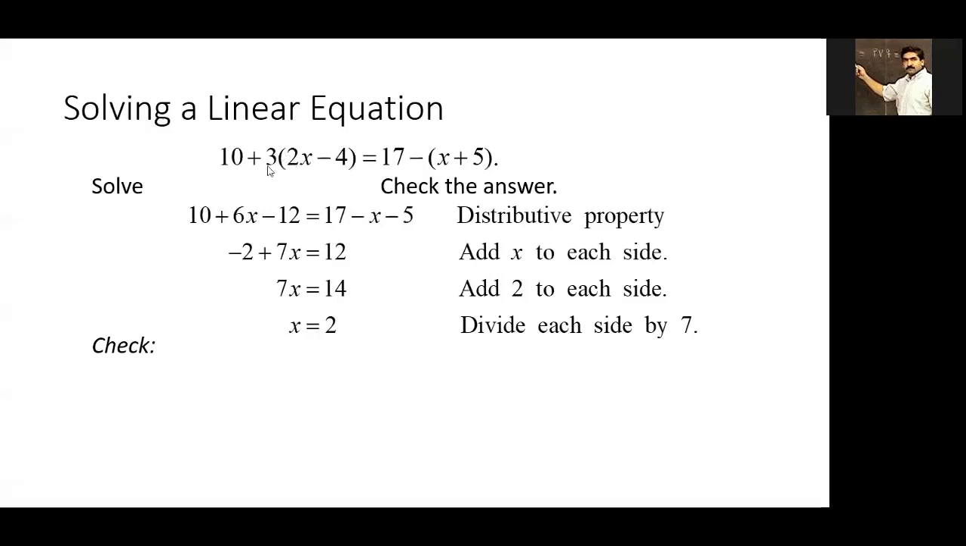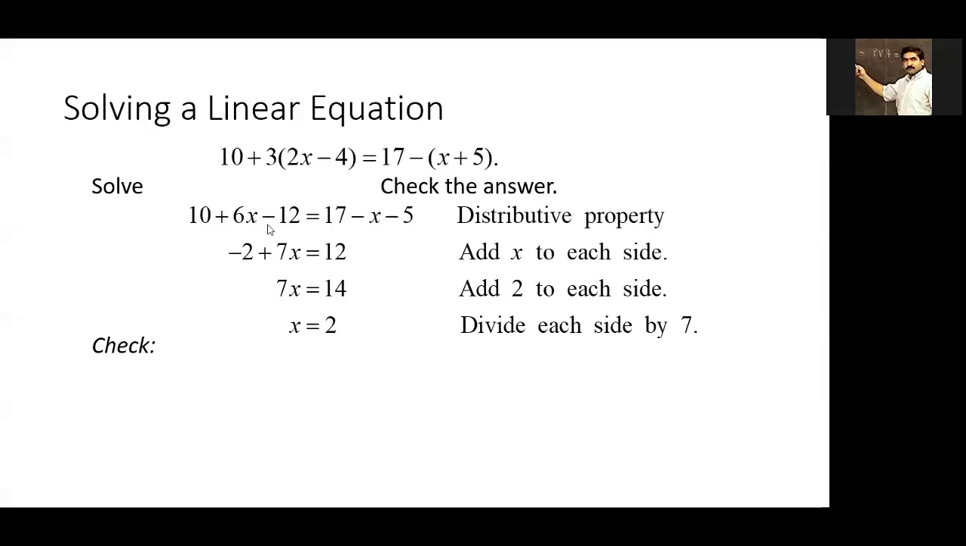Once I distribute the 3, I get 6x minus 12. And here, if I distribute the minus 1, I get minus x minus 5. And then we're going to combine like terms. 10 minus 12 will give you minus 2. And then if I move all the x's to one side,